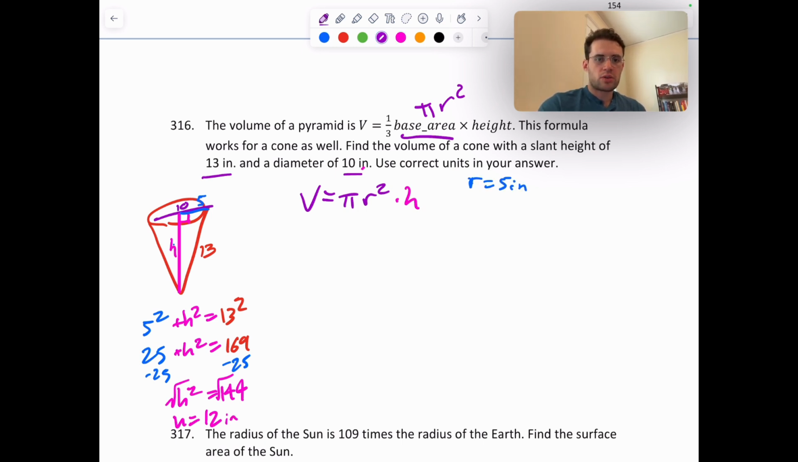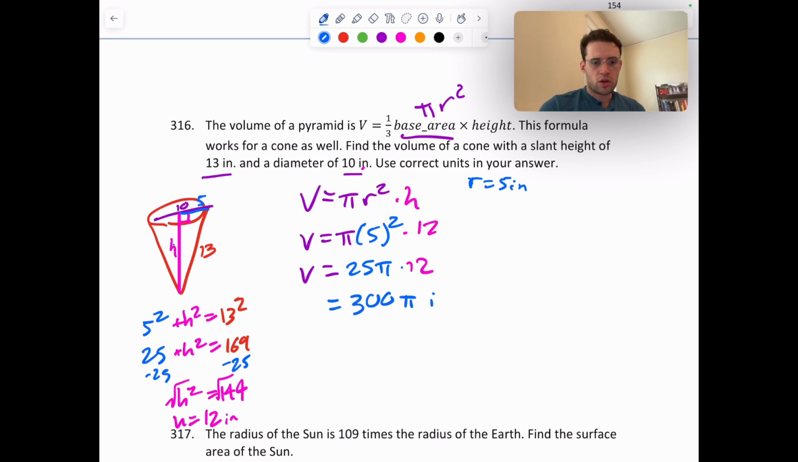So if we plug that into our formula, we get that the volume is equal to pi times 5 inches squared times our height of 12. It would be 25 pi times 12. 25 times 12 gives us 300, so our volume is equal to 300 pi cubic inches. And if you want an estimate of that, you would just type that in, 300 times pi, about equal to